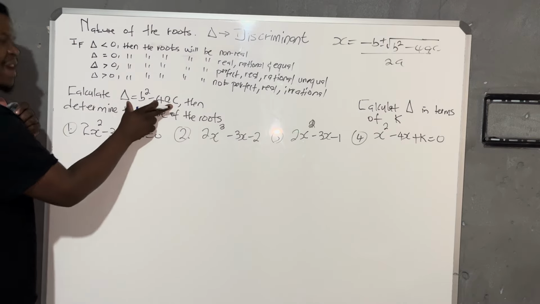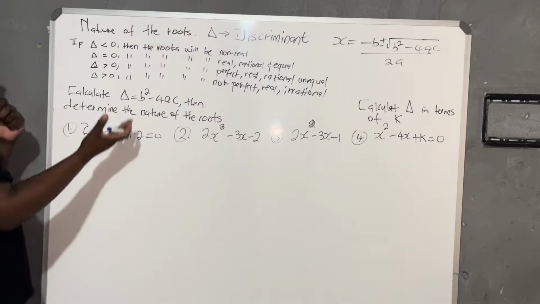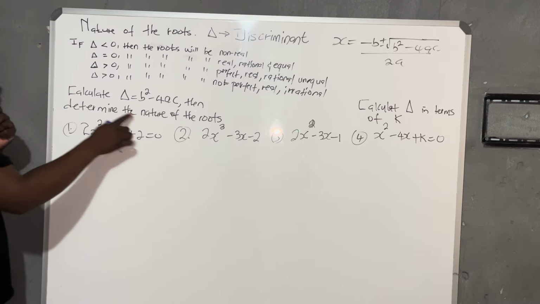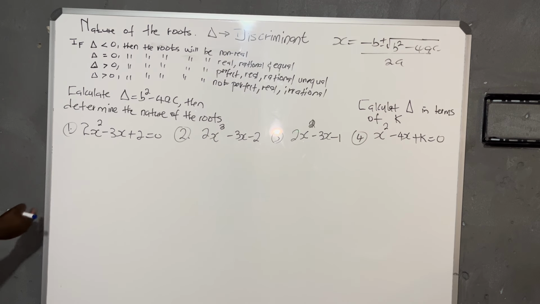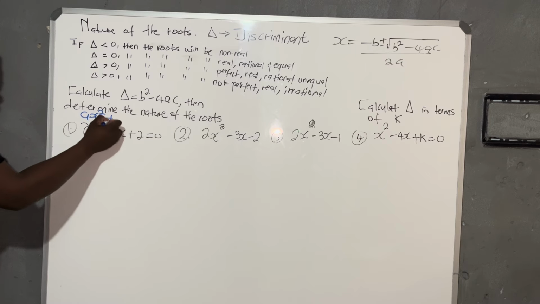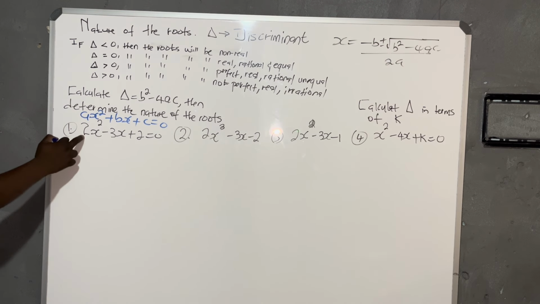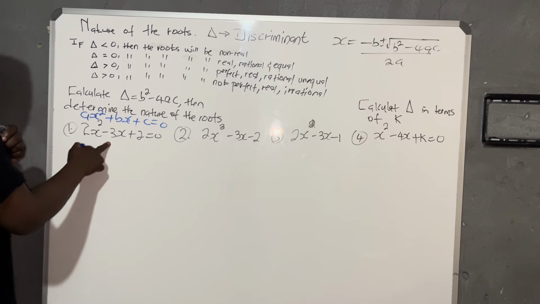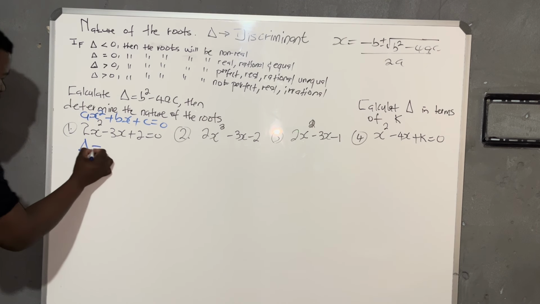Calculate the discriminant first. Only after getting the answer can we determine the nature of the roots. Now, having this in the form of ax squared plus bx plus c, we still follow that, where our a is 2, b is minus 3, c is 2. So now, the nature of the roots says,